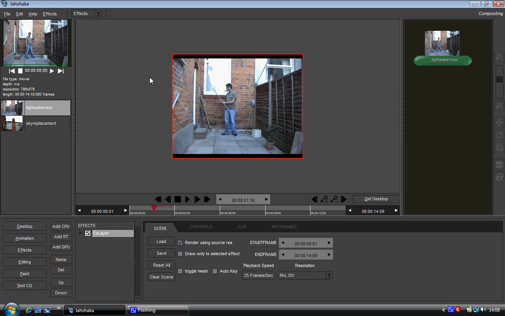So for example, I've got this FX layer. Now to add effects, if you look on the left hand side, it says add CPU, RT, or GPU. So GPU, if you click on chroma key, stretch or crop, and then you've got all of these, none of them work with me. I'll be honest with you, none of them work. And in fact, most of them, when I click on them, Jahshaka shuts down, so I'm not going to even try clicking on them. If you click on RT, these are more to be used with mesh-based